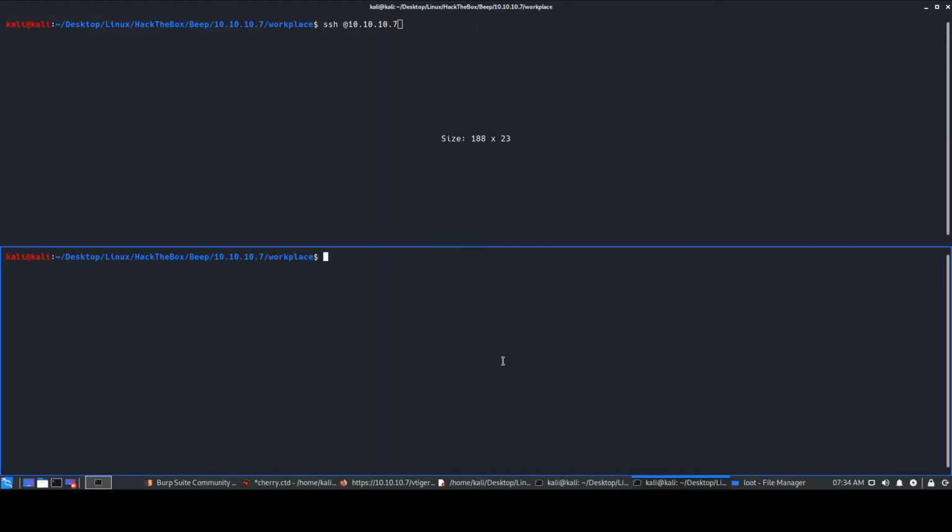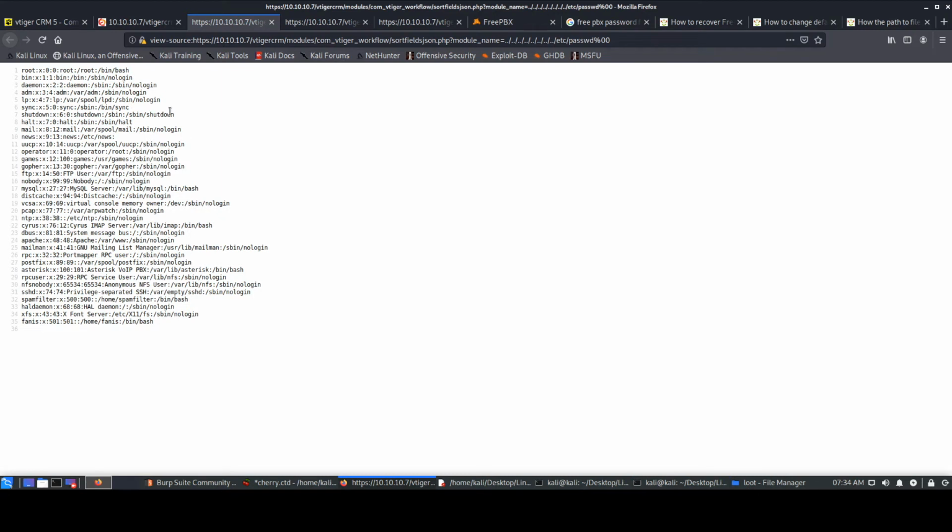Now we'll quickly look at the users which are able to log in. Over here, if you notice, it says no login, right? Multiple no logins are present. It says something like shutdown over here. And there are very few bin bash. The one you are looking for is bin bash. Probably we can try to log in to them using SSH. So these are the ones which we can log in with properly.